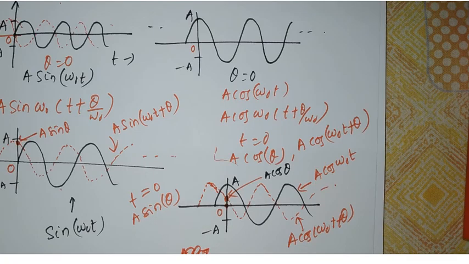Okay, so these are some basic signals. Time to time, when required, we'll go for some more signals. These are simple basic signals, then we will combine 2 or 3 signals like this and generate some more signals. But for today this is enough for this class. So this is some basic continuous time signal. In the next class or next video we will go for some discrete time signals. Okay, thank you so much.